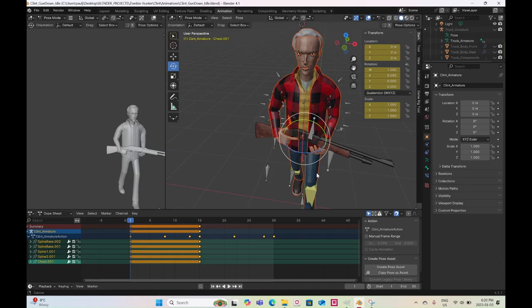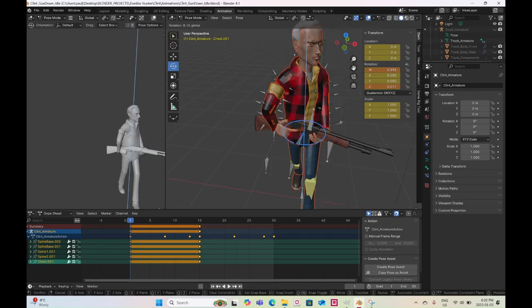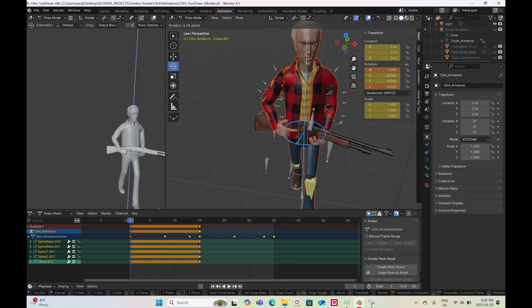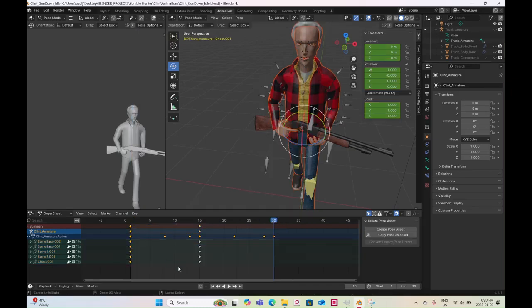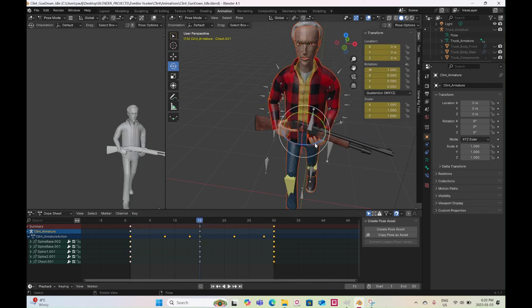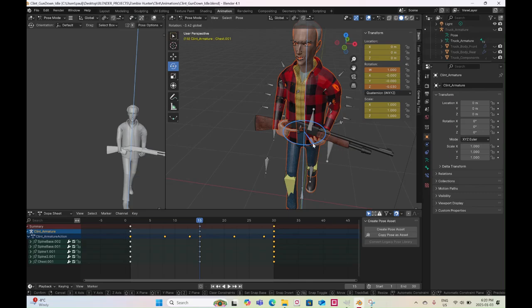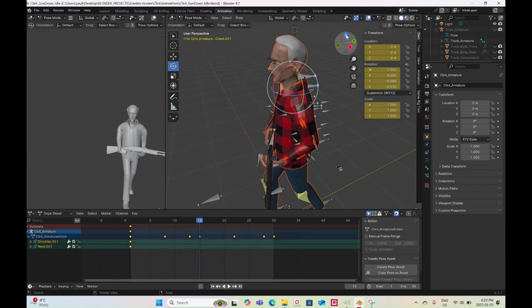When this foot is forward, then he turns slightly this way. And same with the last frame. But when the other foot's forward, the body moves slightly that way. So in order, but he has to be looking forward constantly, so